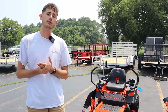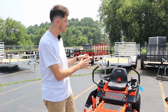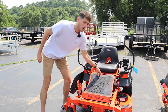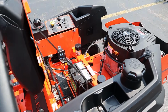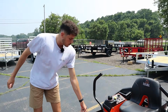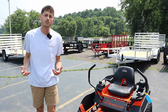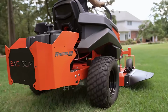They're only gonna come in a 42-inch deck, but like I kind of mentioned with the steel they use, so much of this residential machine has all of those commercial features you see come out as we jump up series. So you'll notice it's got great accessibility. The deck flips up, the seat flips forward, gives you a lot of space to access everything, see everything on the mower. You're also gonna get a rubber grass chute. I love that. On other brands we've seen, you can chip and crack grass chutes super easily when they're plastic, go through maybe 3, 4, 5 of them in a lifetime of your lawnmower,